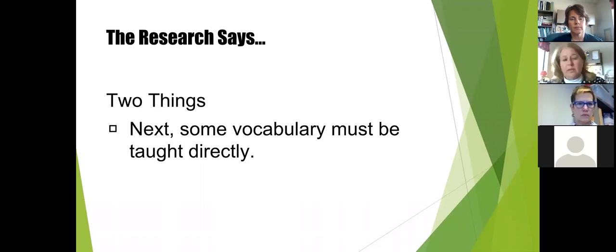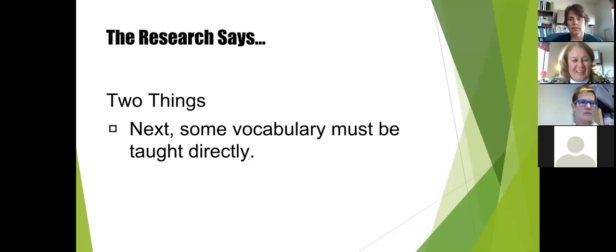Next, the research indicates providing students with specific word instruction and teaching students word learning strategies helps them. Next, some vocabulary must be taught directly.